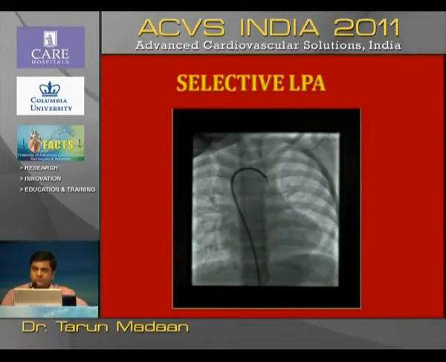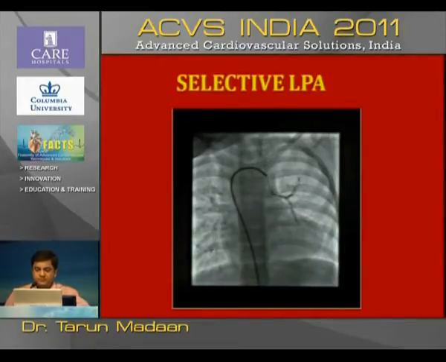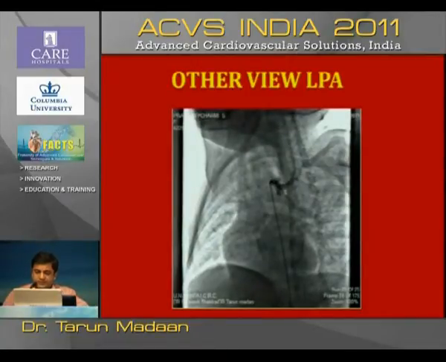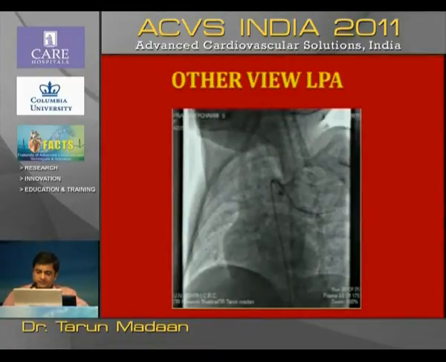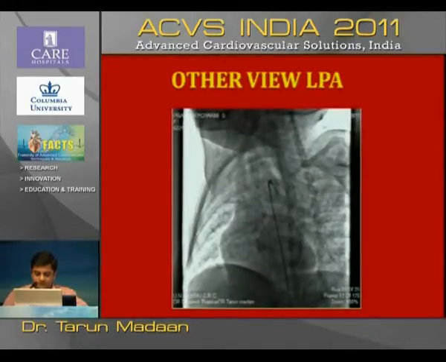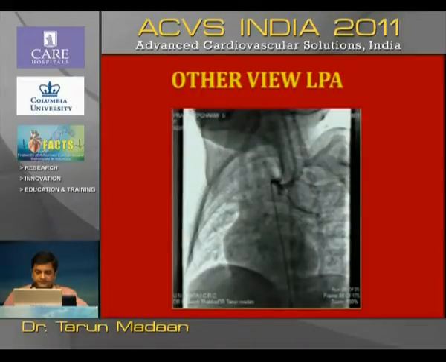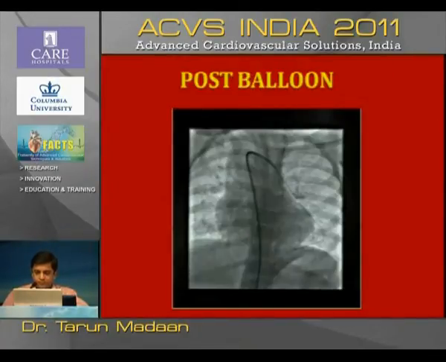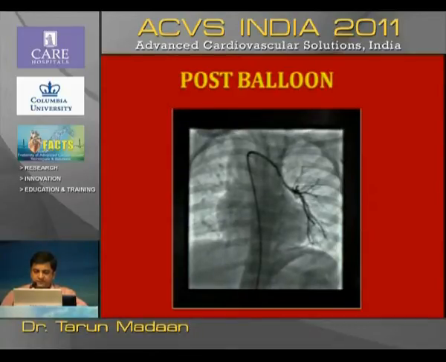The left lung is poorly filled. There is a very poor antegrade flow with a tight stenotic segment in the proximal part of the left pulmonary artery. Confirmed it in a second view. It was showing a very nice ampulla in the initial part of the left pulmonary artery, and there was a diffuse underfilled left pulmonary artery which was hypoplastic. This pulmonary artery was crossed with a floppy BMW wire, and it was dilated with a 2.5 by 15 millimeter Maverick balloon. Post balloon dilatation, the pulmonary artery started filling, and the venous return started coming to the left atrium through the pulmonary vein.